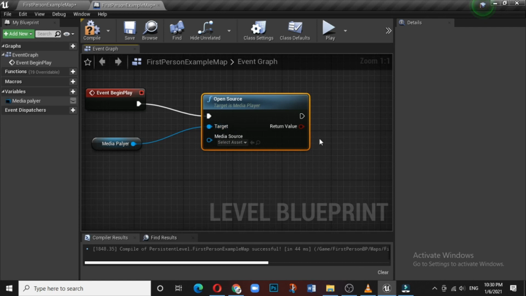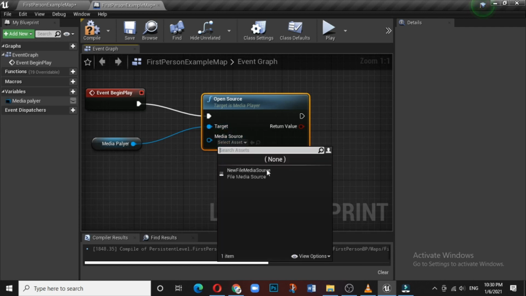Here. Now, what is important is this will give the information that whenever you start the game or the play begins, something will happen. What will happen? A file which is basically a media player will open, and because it is connected here, this media player will open.